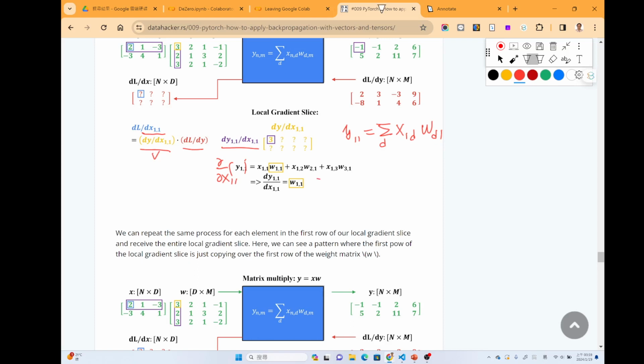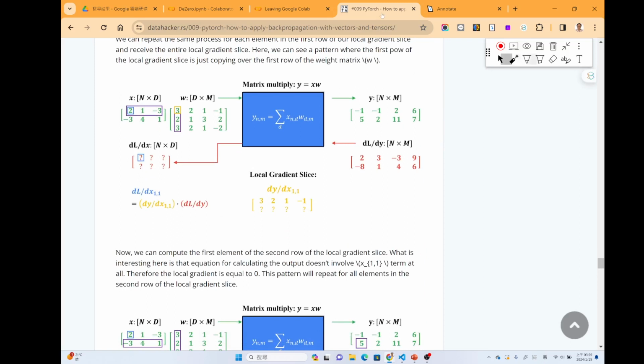The only item with the x11 is the first item. So for the other two, it will be 0. Then for this one, it will become the w11. Okay, so we know that this item, the dy over dx11, is actually the number here, and we can continue to do a similar thing, and then we can get this one.